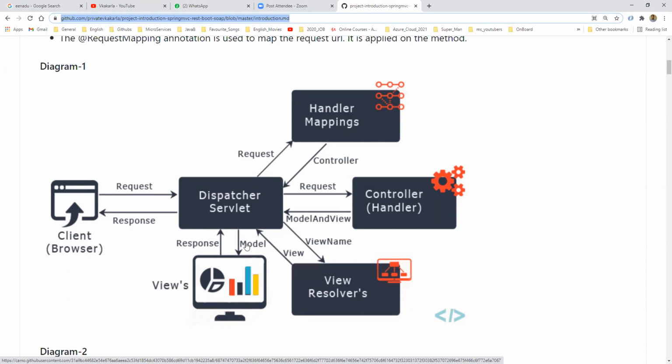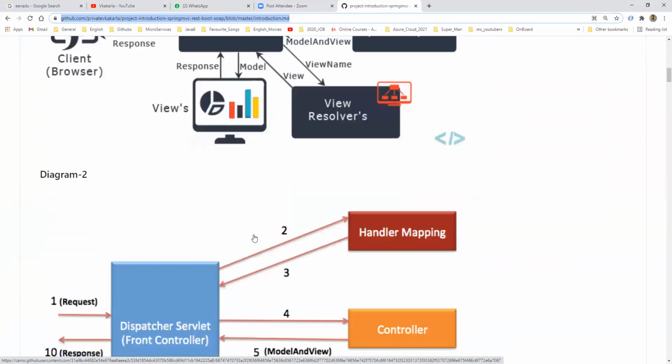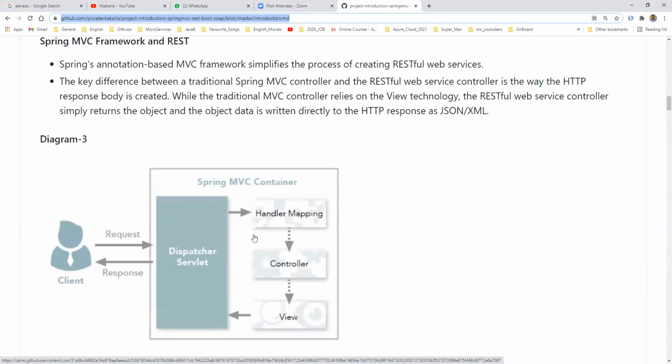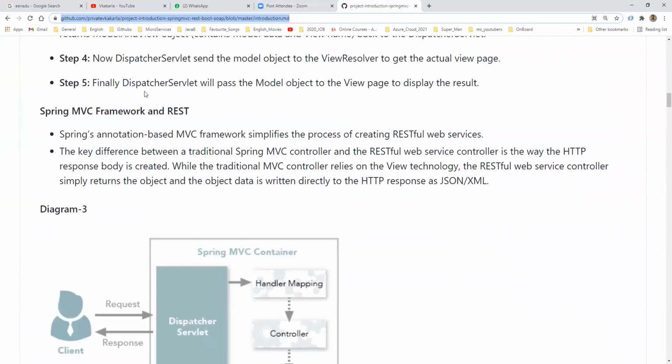Please read this. What have we discussed up to here? Up to here, fine.